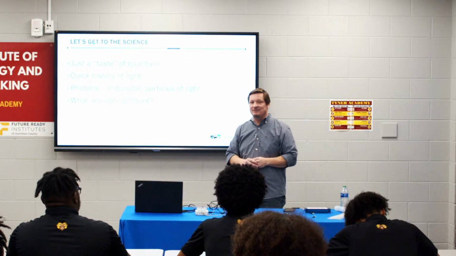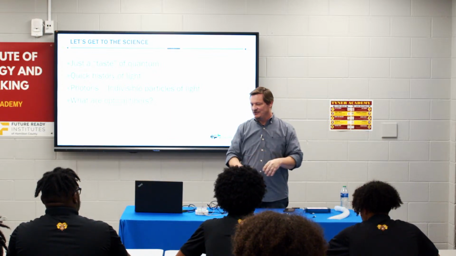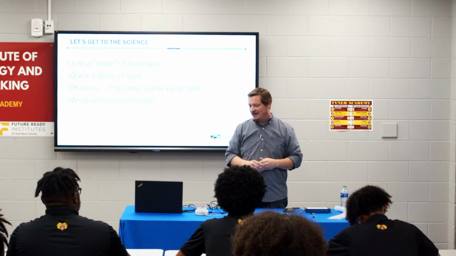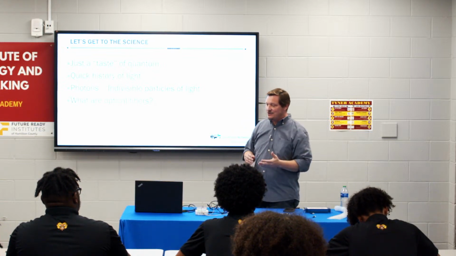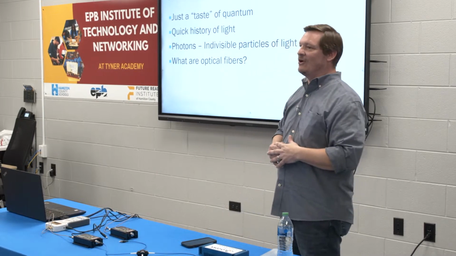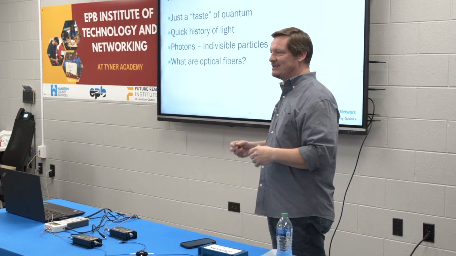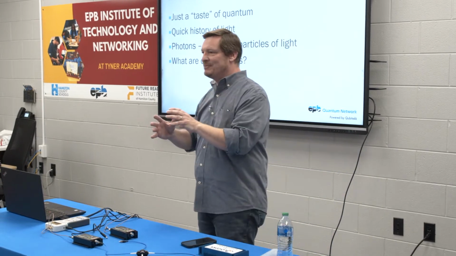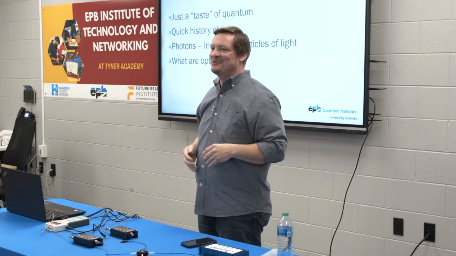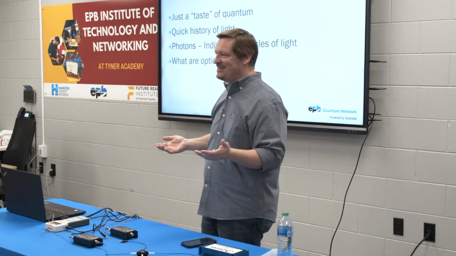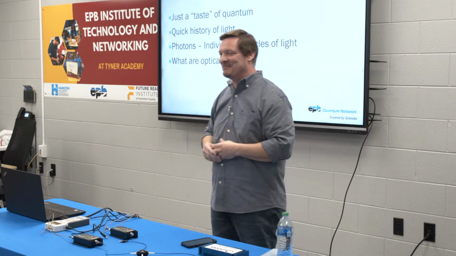Okay, in order to do this, I'm going to have to give kind of an overview, a little quick history on light. We're going to do some experiments to learn about photons, and then we'll talk about the bizarre physics of quantum. So light has a really long history. Like 2,000 years ago, people were trying to figure out what light was. They used to think that maybe it came from people, like light came out of my body or something, and that's how come your eye was able to see me. Now, that's pretty easy. You put somebody in the dark, and that's not working anymore, so no more light's coming out of them. But they had crazy theories.